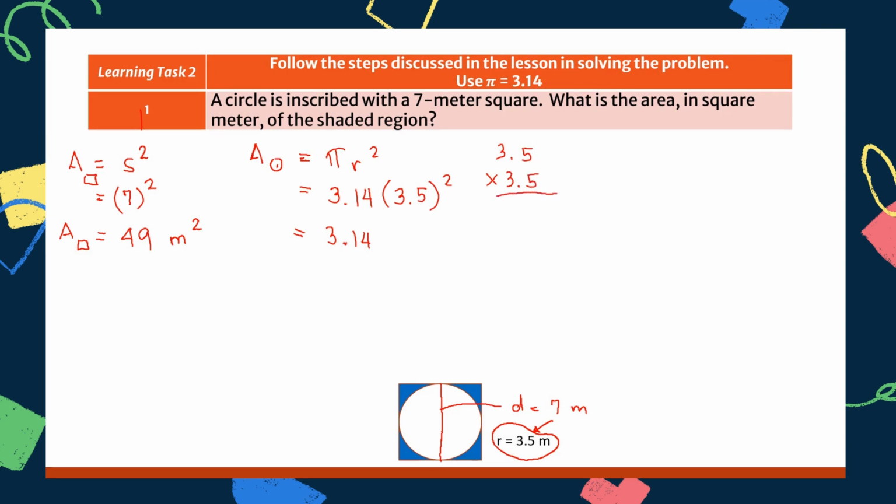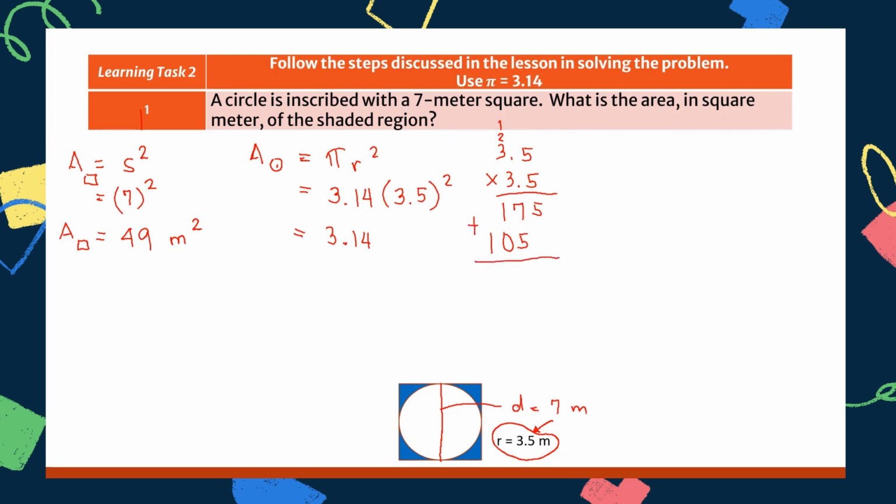So, i-multiply natin. 5 times 5, we have 25. Carry 2. 5 times 3 is 15 plus 2. Of course, it is 17. Then move one place to the left. Nandito na tayo sa 3 times 5. We have 15. Then carry 1. 3 times 3 is 9 plus 1. The answer is 10. So add